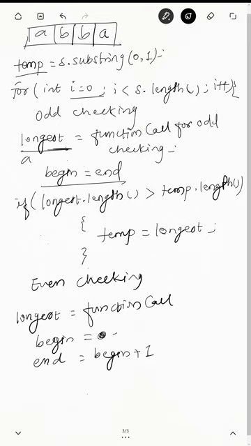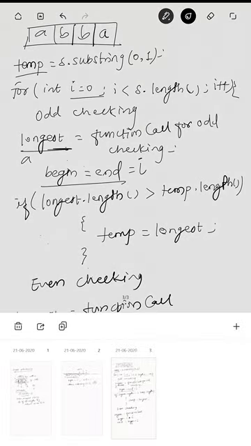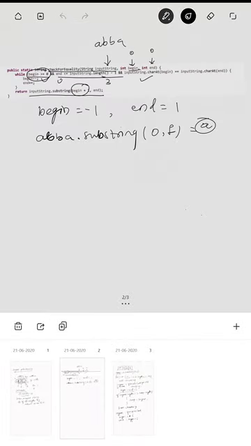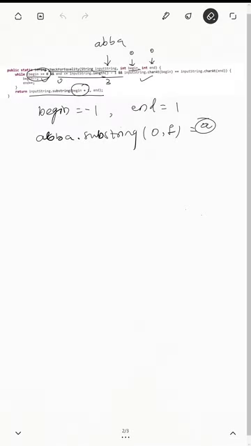So if begin is equal to i, then end is i plus 1. Now if I call this function, the values will change. The input string and begin value will be the same, but the value of end is going to be 1.